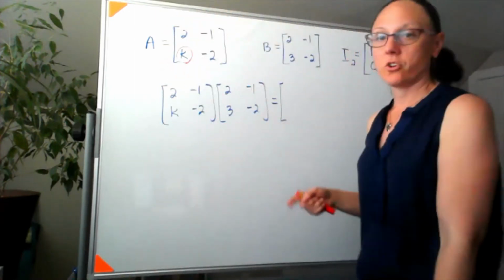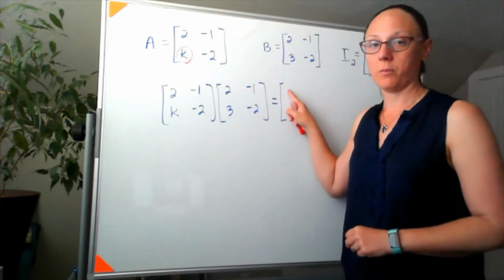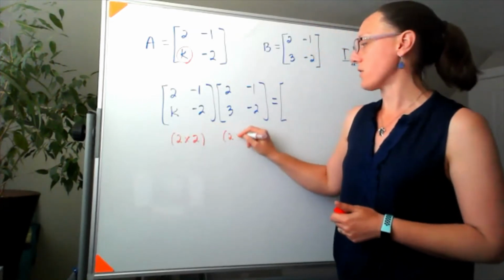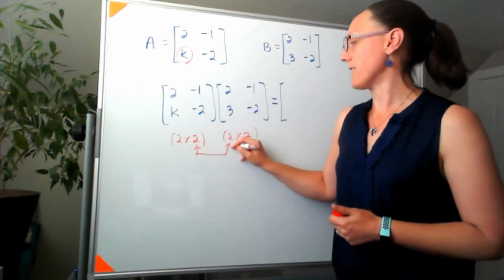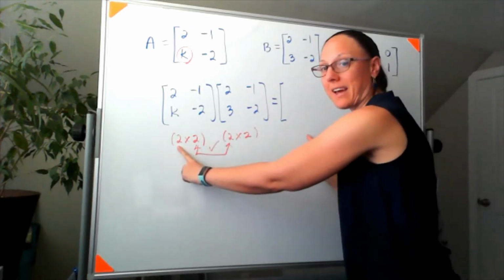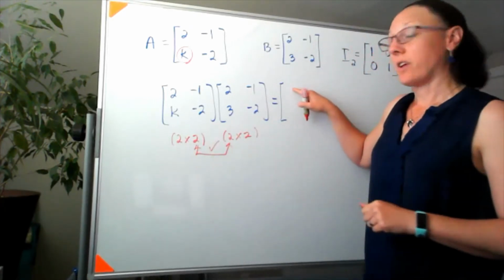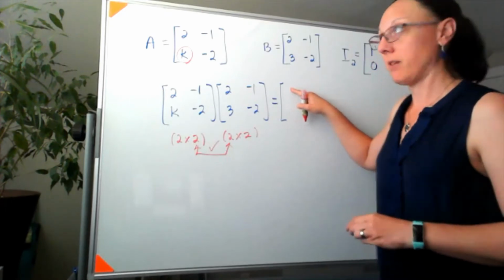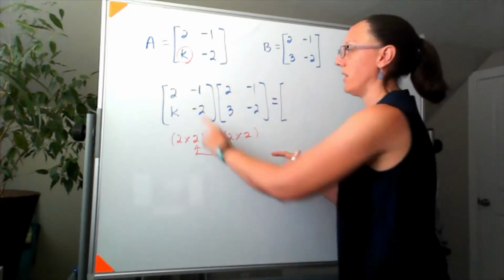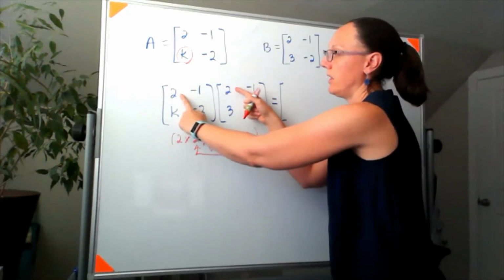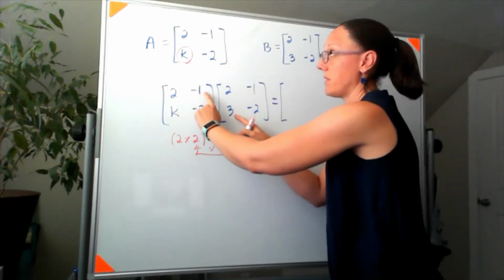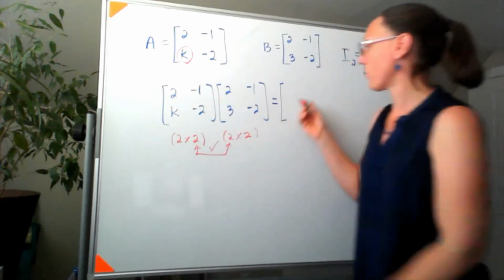And to compute my row 1, column 1 entry, just to back up for a second, this is 2 by 2. This is also 2 by 2. Those inner dimensions match, so we're able to do the multiplication, and these outer dimensions give me the size of the answer. So to get my entry into row 1, column 1, I need row 1 times column 1. So 2 times 2, that's 4, and -1 times 3, that's -3, so 4 minus 3, I